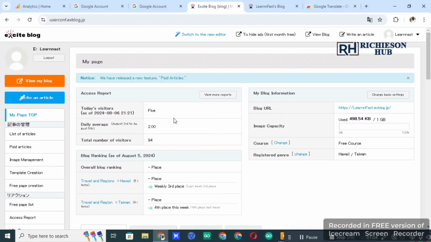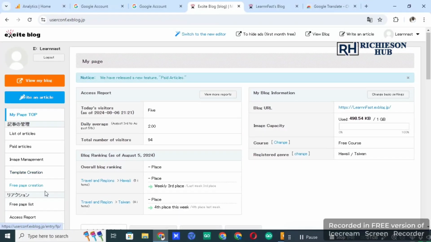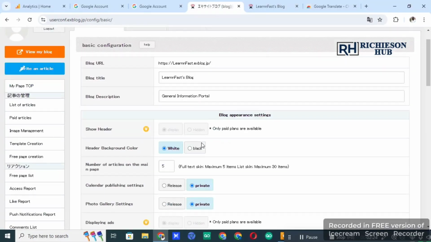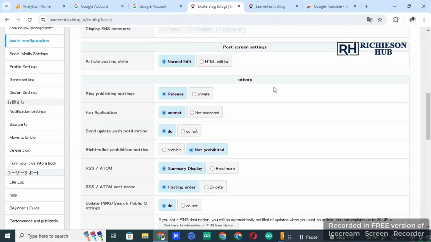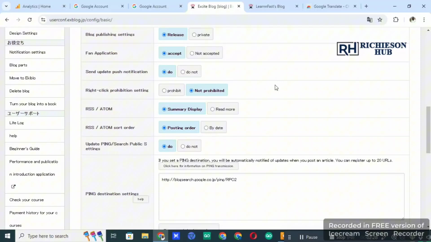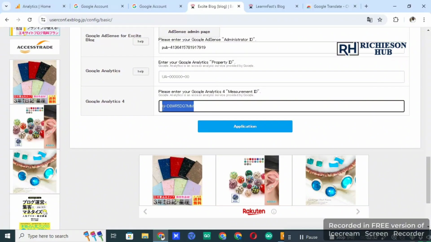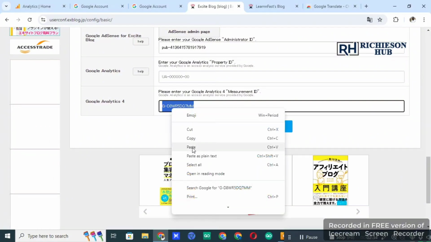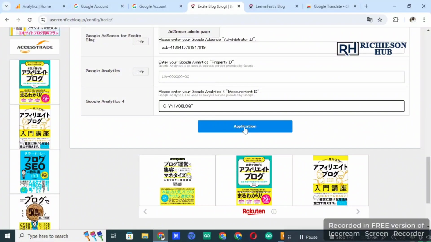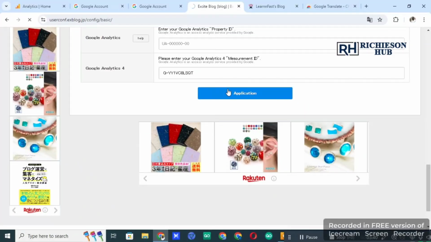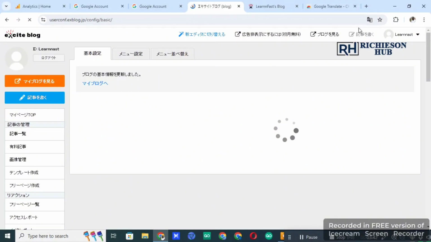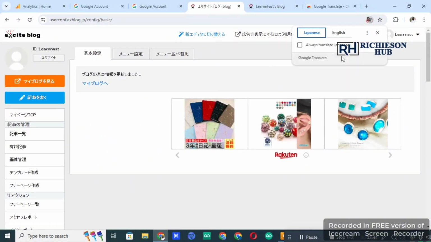So on your Xblog, you have to check for the basic configuration. Then scroll down. When you scroll down in the basic configuration, you see Google Analytics 4, then paste the code over there. Now once you paste, click on application to save. Once it is done,